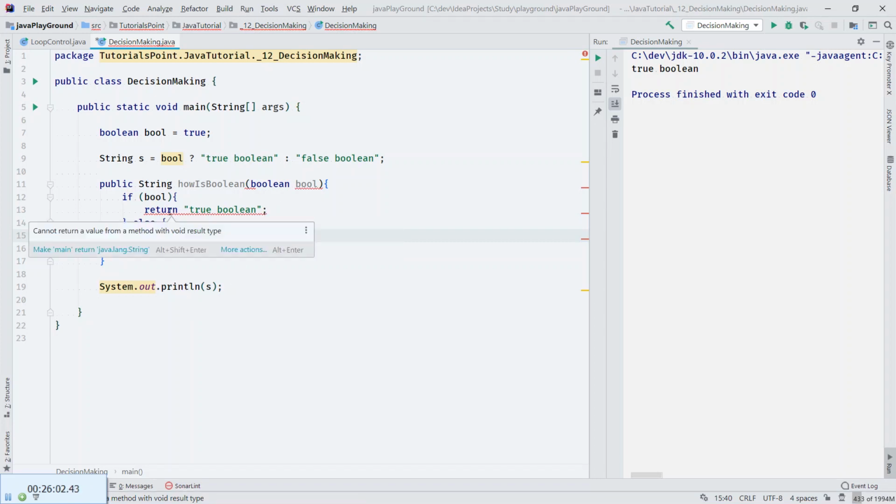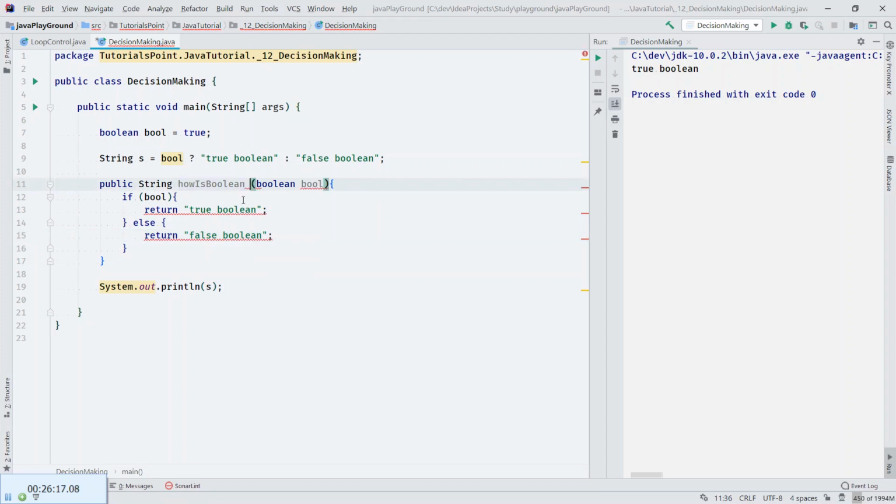What is it? Cannot return value from a method with void. It's not void. Public static.